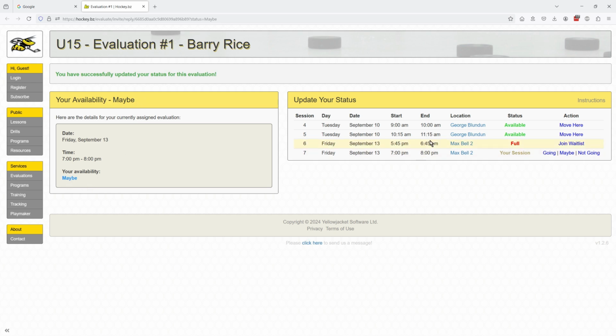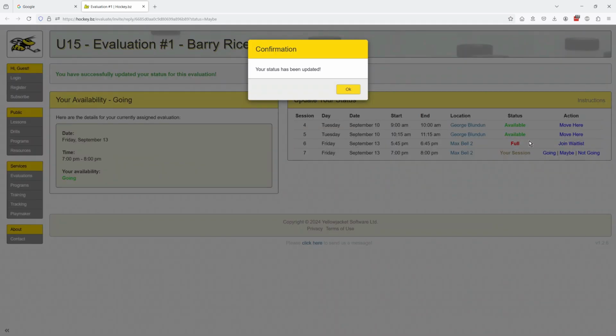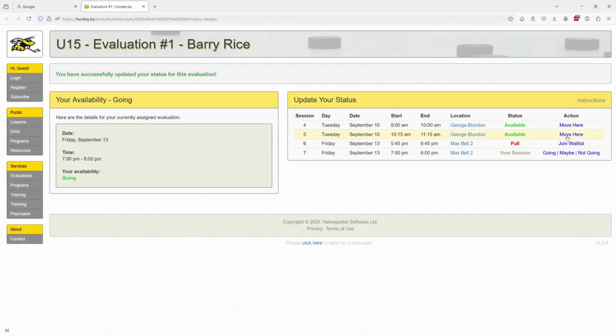Down here also maybe. On the right, you're going to see some different options. They can change it to going. If I click that, then it shows that they're going. But there's also some other options here. So Barry Rice was in Tier B. So as we know, there's 4 events associated with Tier B. One of them is full already, but these other 2 still have spots available. So let's just say the Friday, September 13 doesn't work, but they can't make it on Tuesday and they prefer the later time. So if you just click move here,